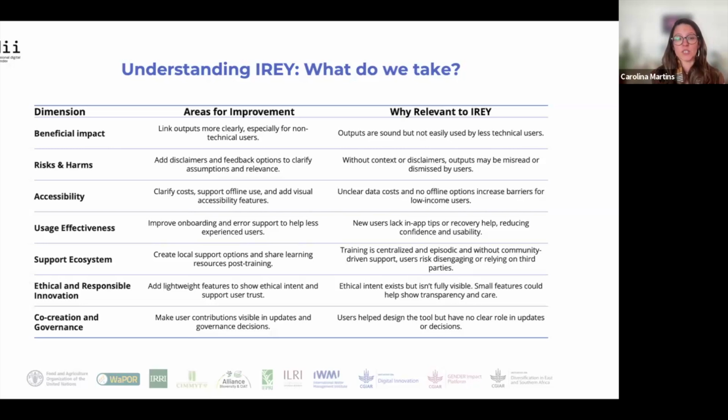In terms of support ecosystem, while we understand that IRA has very strong institutional collaboration, it is still visible that in terms of support, not only in terms of the interaction with the tool, but the training is really centralized. So it really needs to expand its community-driven supports. And also, what I would like to highlight is in co-creation and governance,